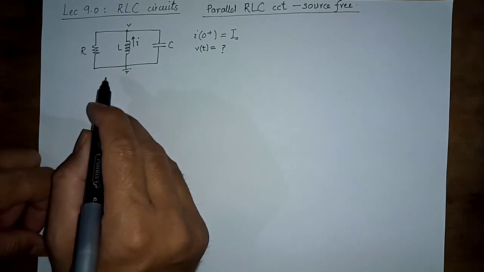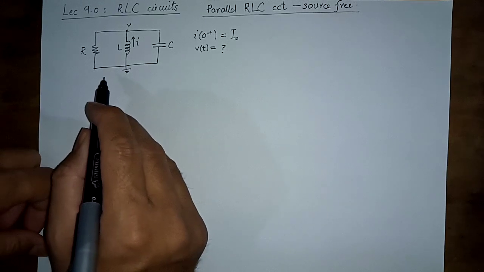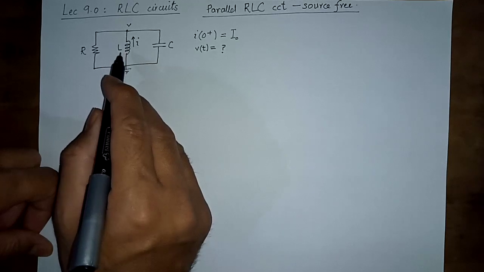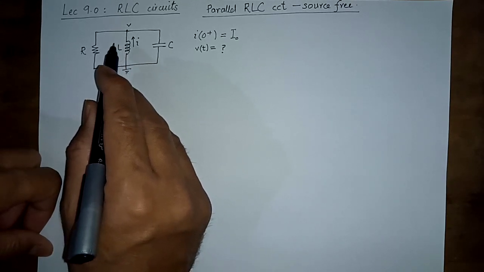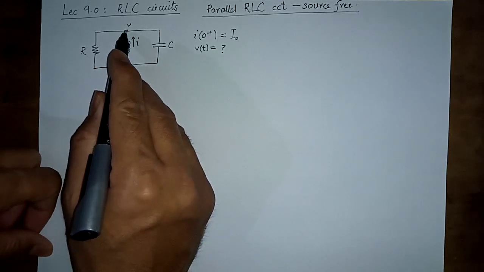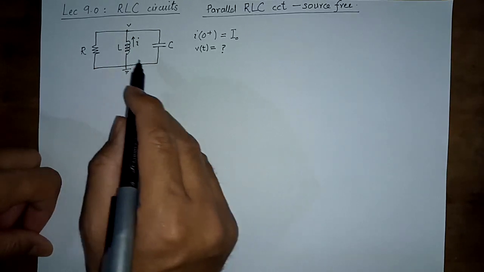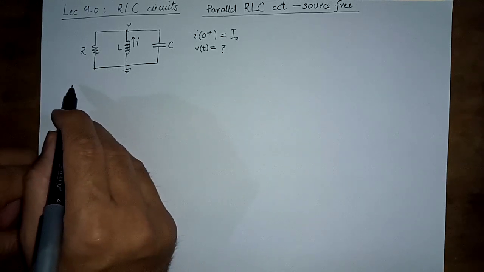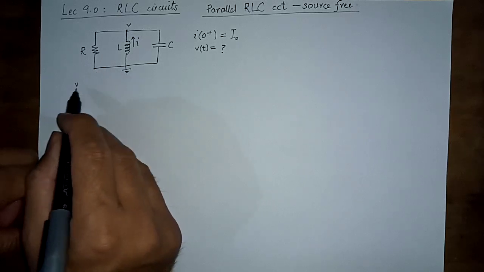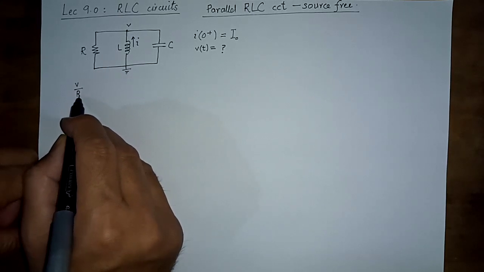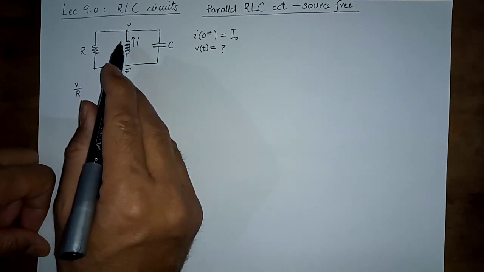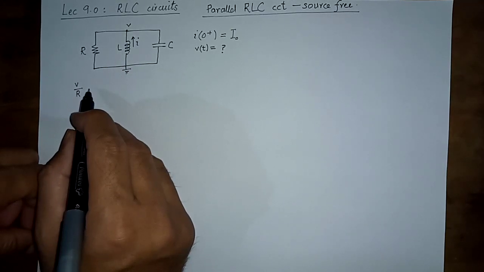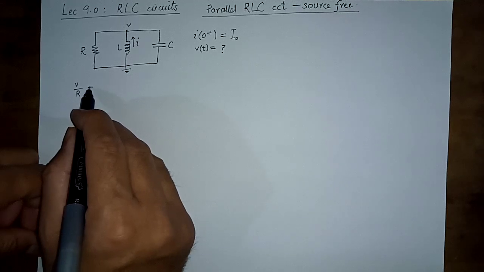So the first step is to come up with a differential equation, and for a parallel configuration we can use node voltage to come up with an expression. So if we write the equation for this node, we are going to come up with an expression like (V minus 0) over R. Remember, V is a function of time, V(t), plus